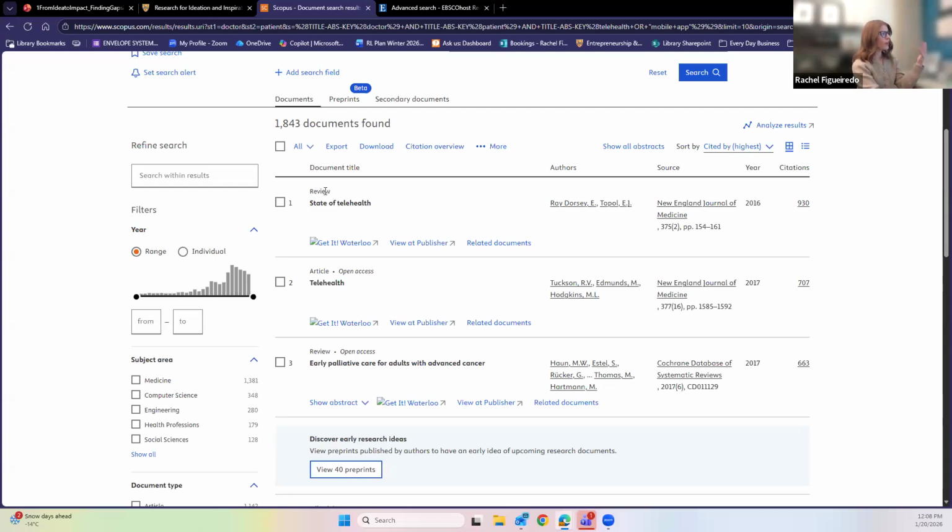The other thing I notice when I take a look at some of the articles that are popping up here, they are tagged by the type of article that they are. And some of the articles here are listed as review articles. Review articles are basically articles that are reviewing other research that's been conducted and then sort of presenting a summary of the research on that topic at a particular time. So this is a really good example. This one, the state of telehealth, that was published in 2016. So they're talking about telehealth and giving us sort of like a snapshot in time.